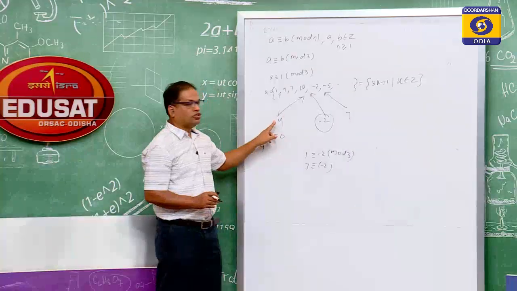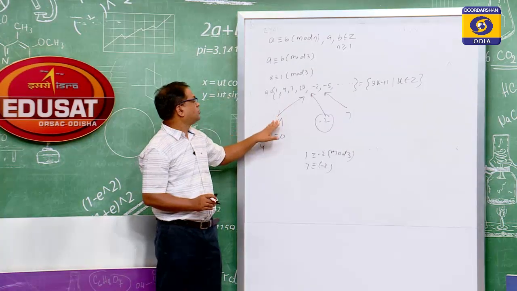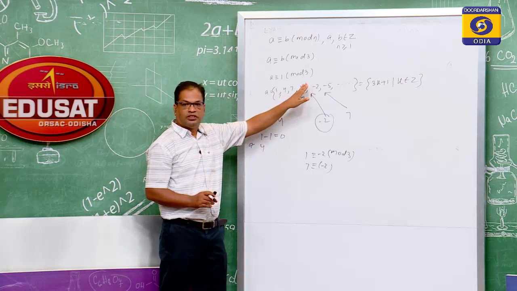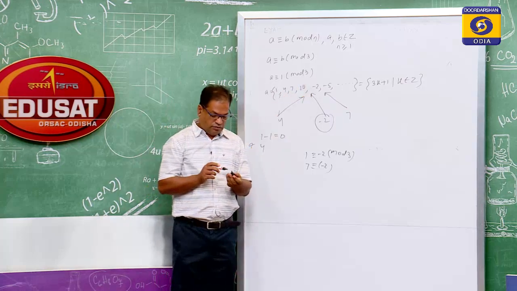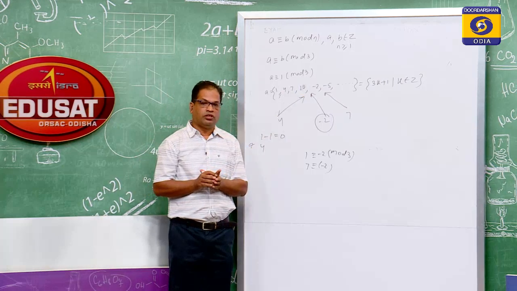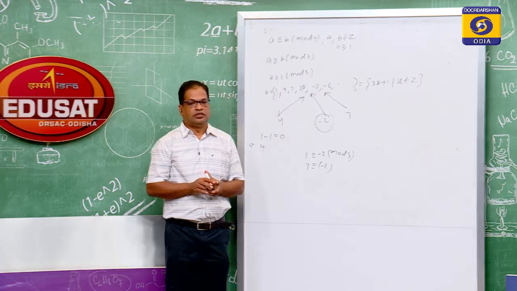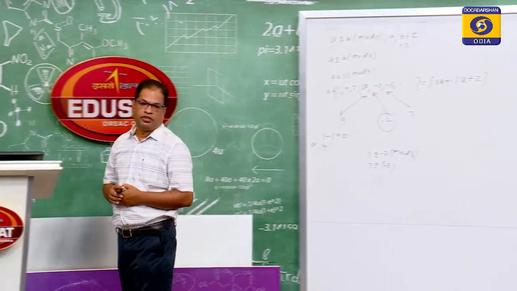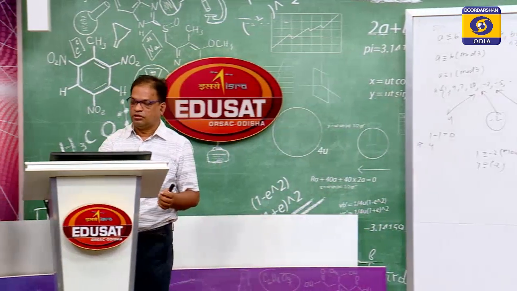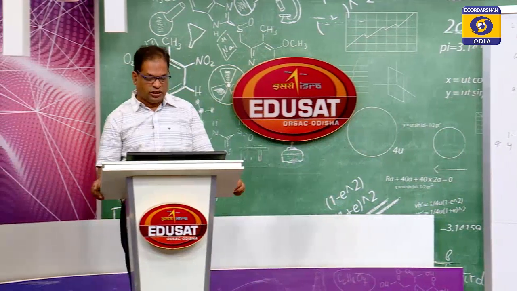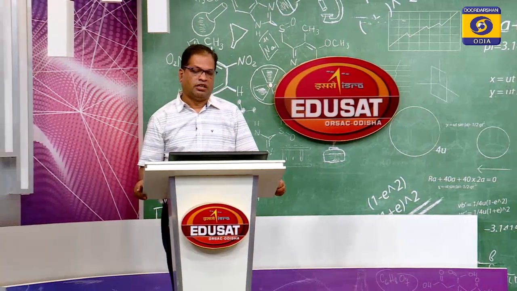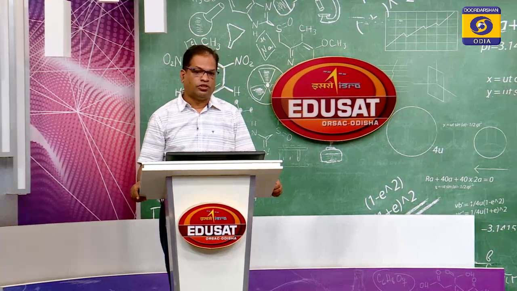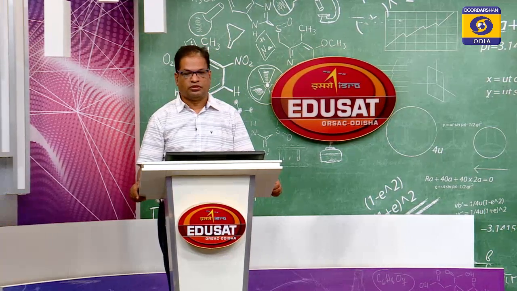Similarly, if you consider 4, again you will get the same set, that means 4 will be congruent to the same set of integers. So, this is about the meaning of congruence modulo relation. This congruence modulo relation is defined on the set of integers. Now, you see the note, any integer or element of this set 1, 4, 7, 2, 5, that infinite set is congruent to the same set of numbers mod 3.